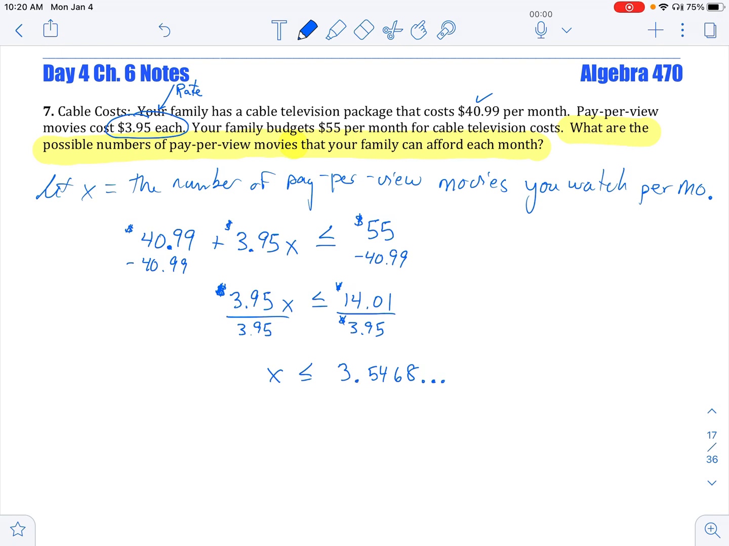Well, if we would like to stay under budget, let's go back to the original question. How many pay-per-view movies can your family afford each month? Well, we're not going to really be able to watch 3.54, right? So if we'd like to stay under budget, we are going to come back and answer this question and say,